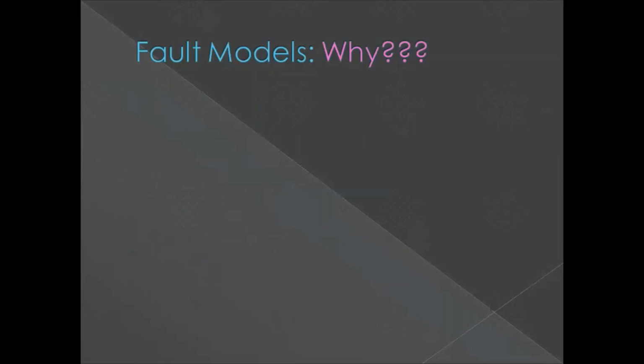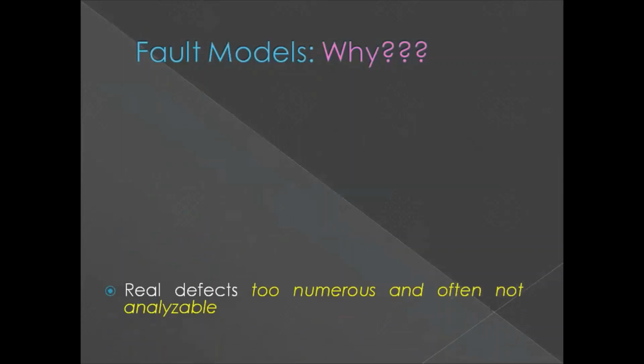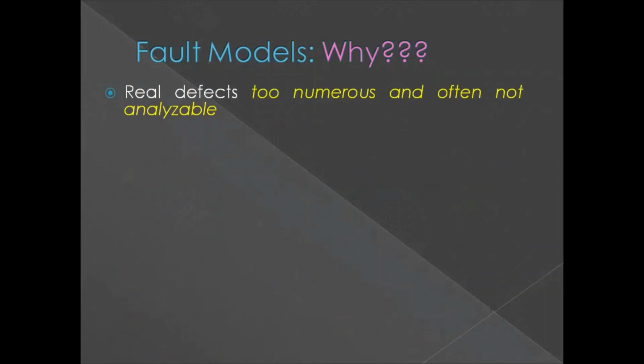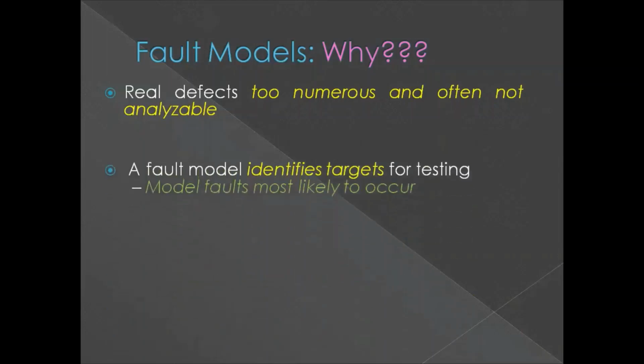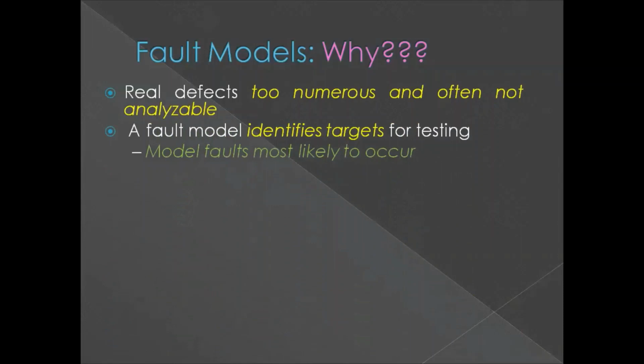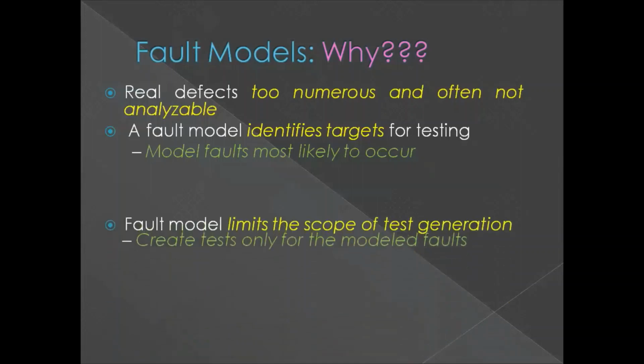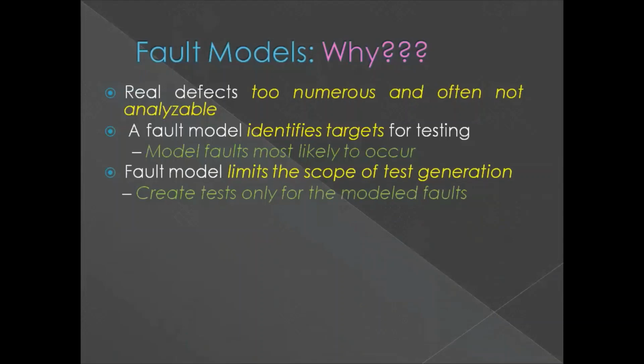Basically, fault models are necessary for generating and evaluating the test vectors which are needed for fault simulation as well as test generation. There are numerous different kinds of defects, and all of them are not really possible to be detected or modeled effectively. So what is the fault model going to do? It is going to identify the type of defects and the test vectors which are required to identify these defects. That is what fault modeling is doing.